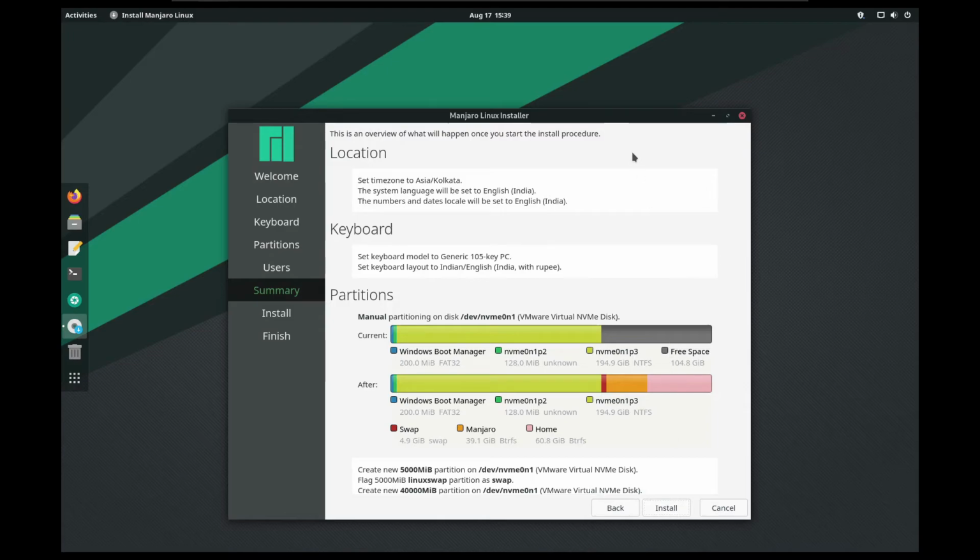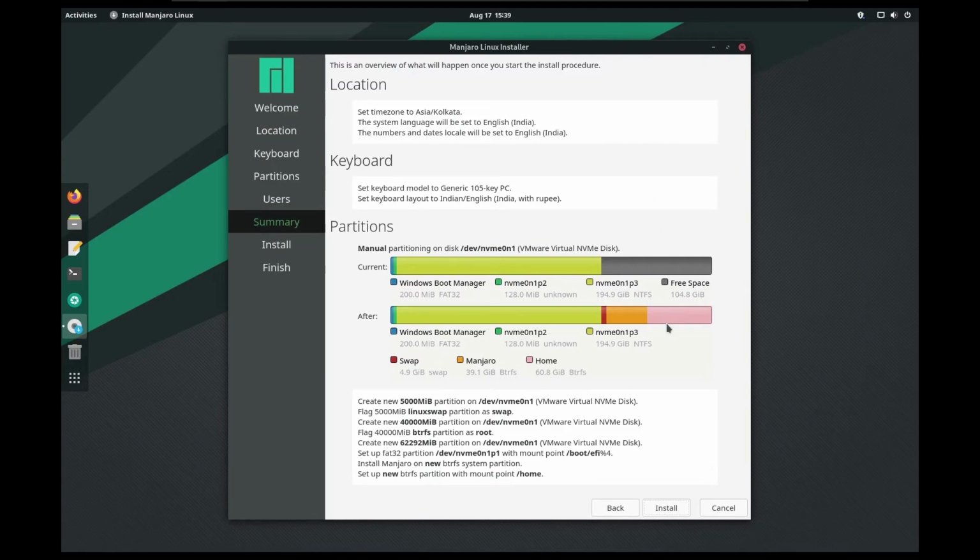And that is the overview of the complete installation options. The location, set time zone to Asia Kolkata. The system language will be set to English India, the numbers and dates locale will be set to English India. Keyboard as the standard keyboard, and for the partition, the first one, 5000 MB partition on slash dev slash nvme0n1, that is a virtual SSD.